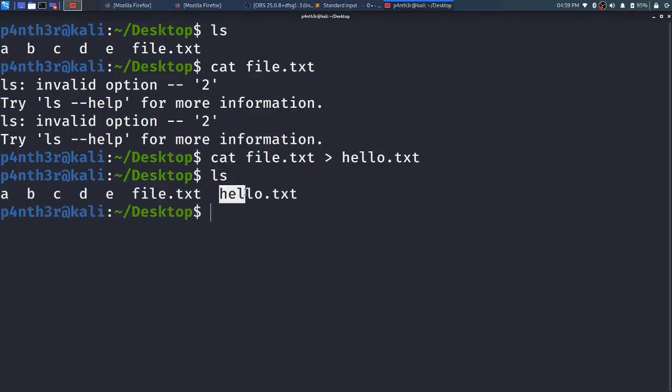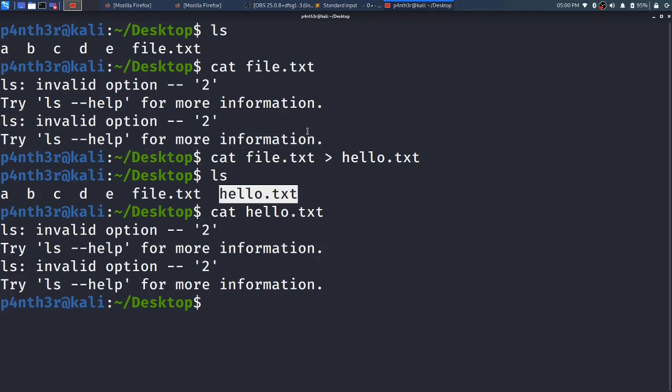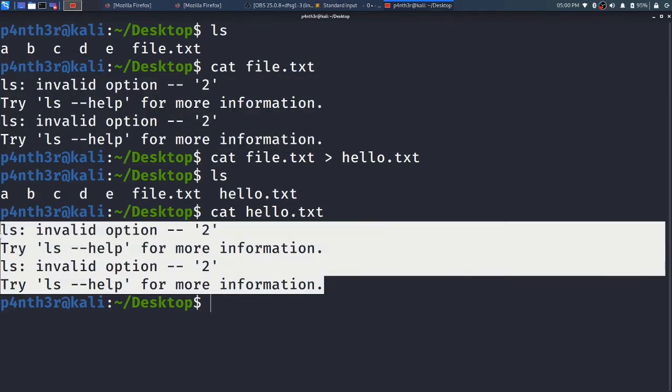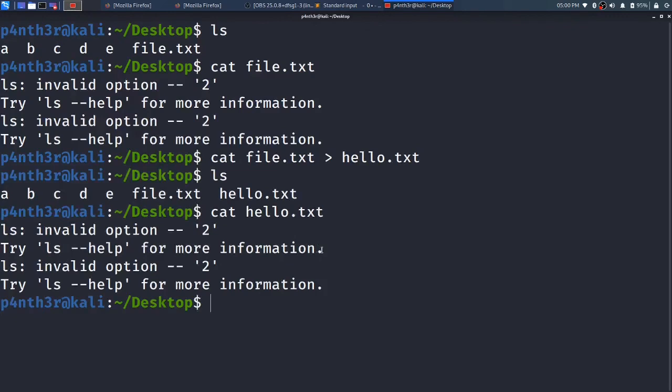See here, one file is created, hello.txt. So I will type cat hello.txt. You can see the content of file.txt. It created one more file, hello.txt, and inserted the data into the hello.txt file. By this way we can also copy one file into some other file.